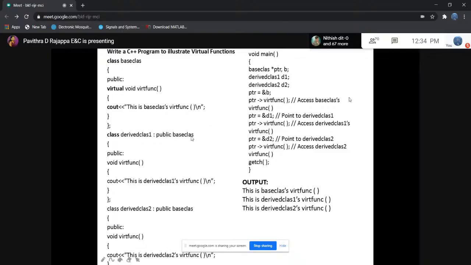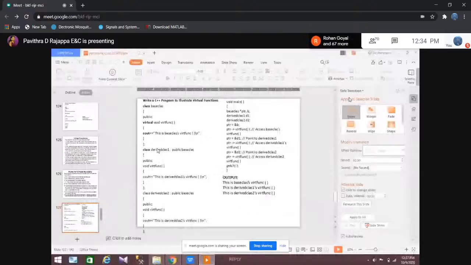Public is the visibility label. Whatever we have declared public in the base class is also available in this. So class derived class colon public base class. This is the visibility one. Class is a keyword.